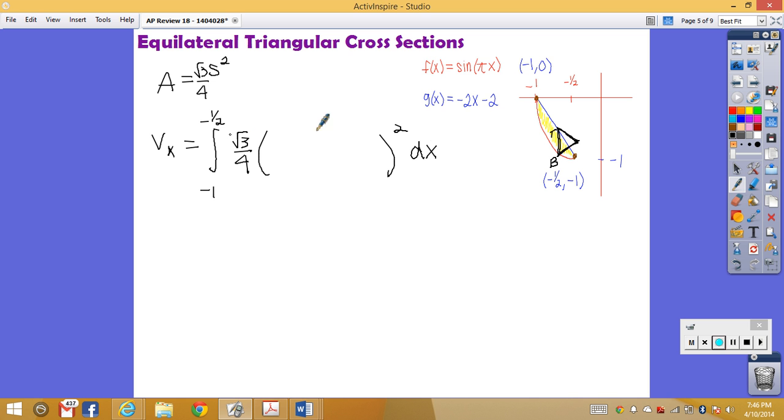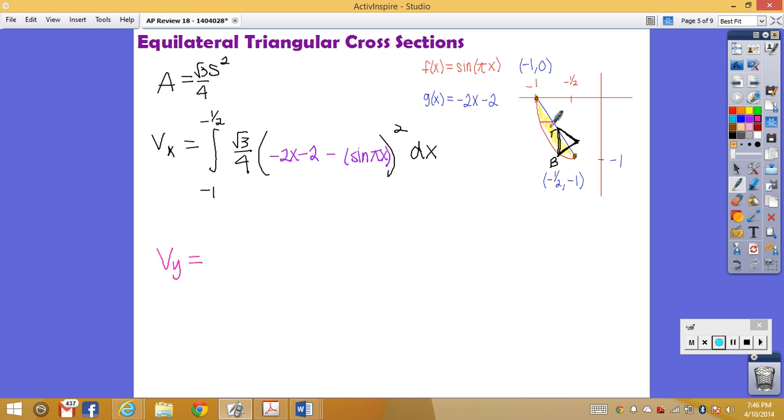And that's usually an easy way to make sure you're going to get these right. Just write the area formula with a space for your s, and then the top function is a line. Bottom function is the sine of pi x. Okay? And then if I ask you to do the dy, so I want an equilateral triangle perpendicular to the